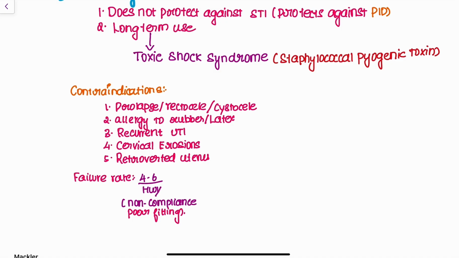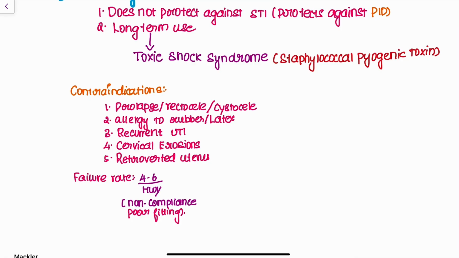Yes. And now coming back to the contraindications of the diaphragm. In which group of females are you not going to use this diaphragm? Those females who have prolapse of the uterus, or vaginal prolapse such as rectocele and cystocele, you're not going to insert this diaphragm, because you always have to ensure proper fitting of this diaphragm in order to maintain its efficacy, right? If it is not properly fitted, there are increased chances of failure of this diaphragm, where